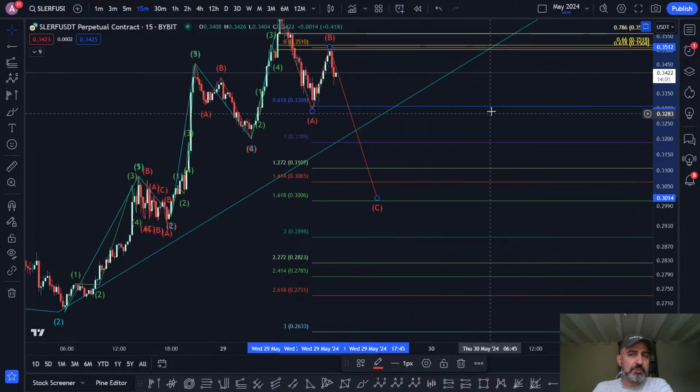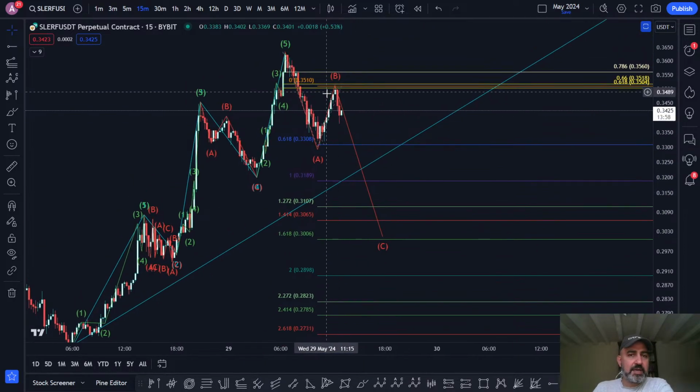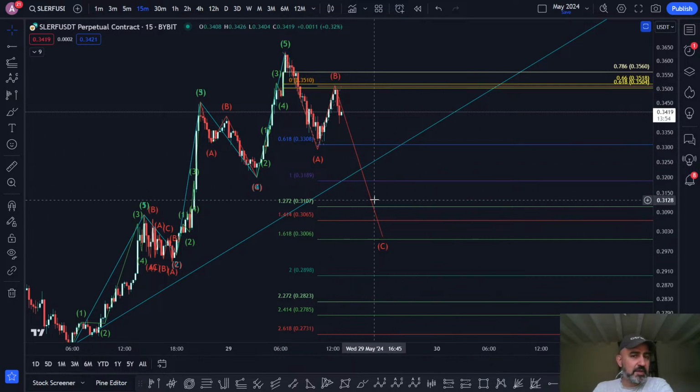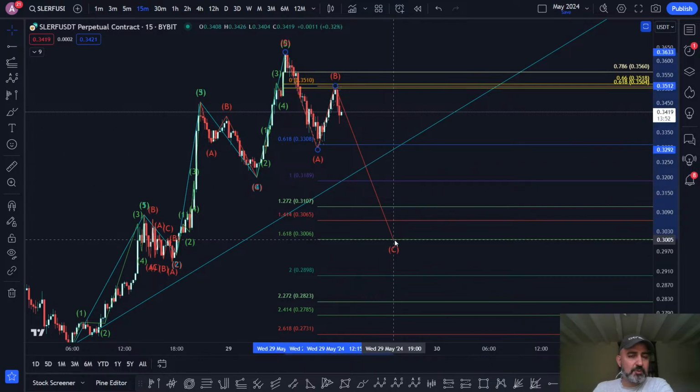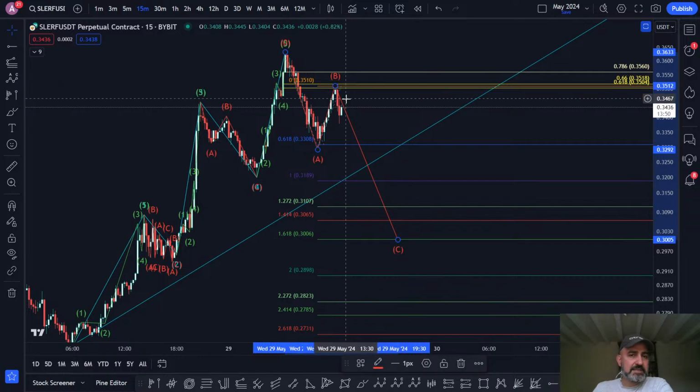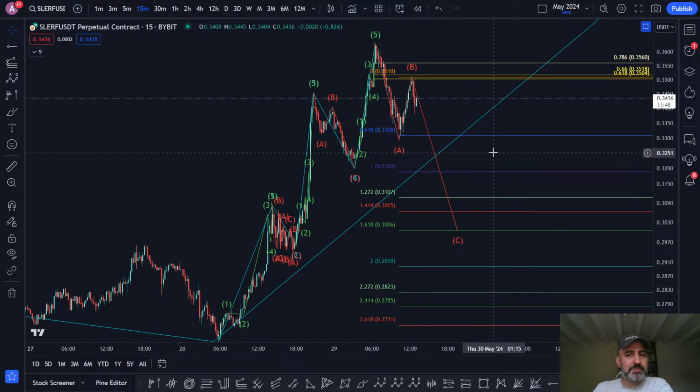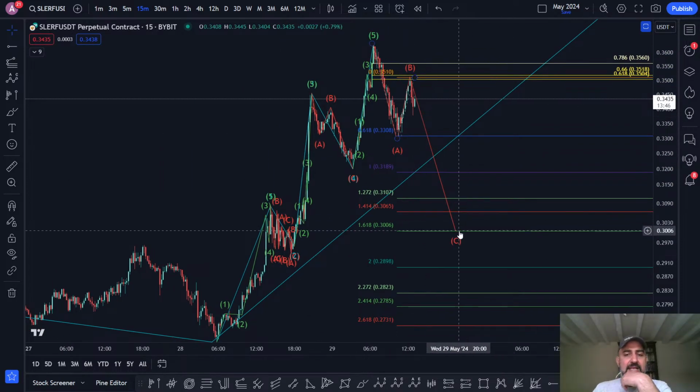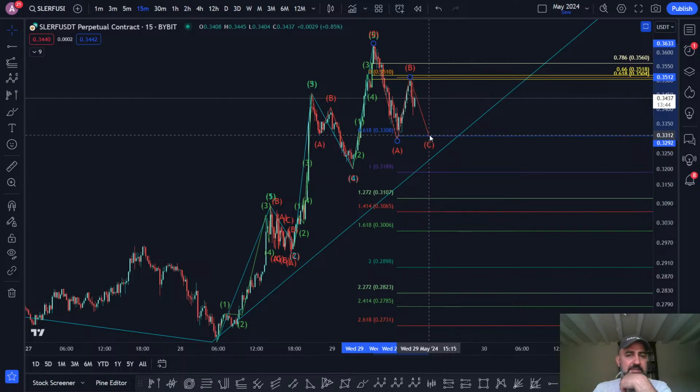Doesn't have to go down in one move. You could have multiple kind of, but that would be quite extended. Yeah, that would be quite extended. And we have to see what happens. No one really knows. Or you can just come back to the 618 here,